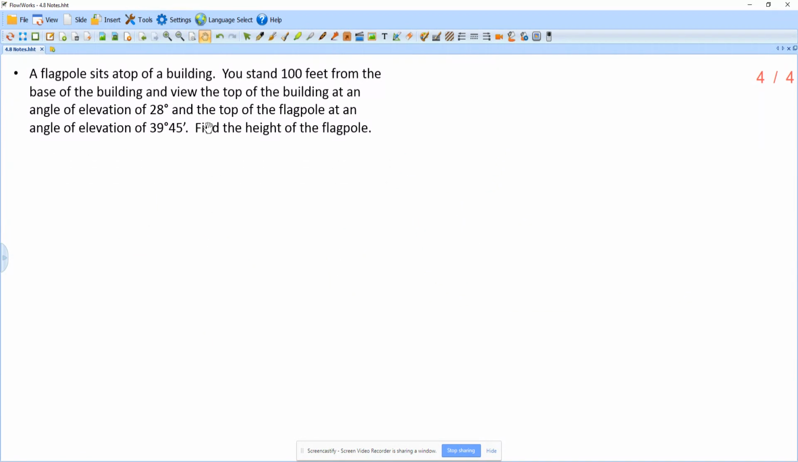Last, a flagpole sits atop a building. You stand 100 feet from the base of the building. So let's draw our building. So here I am, standing 100 feet away from a building. A flagpole sits atop that building. So here I've got my flagpole. The angle of elevation to the top of the building is 28 degrees. The angle of elevation to the top of the flagpole,